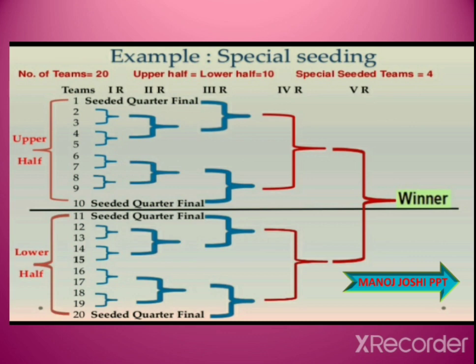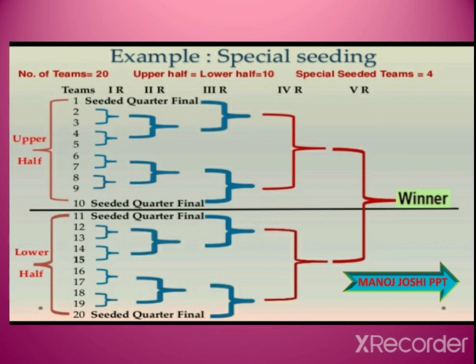15th match. And then the winner of the 12th match and the seeded team, directly seeded for the quarter final, will play the 16th match. Then the winner of the first quarter final and the second quarter final will play the 17th match, and the winner of the third quarter final and the fourth quarter final will play the 18th match.